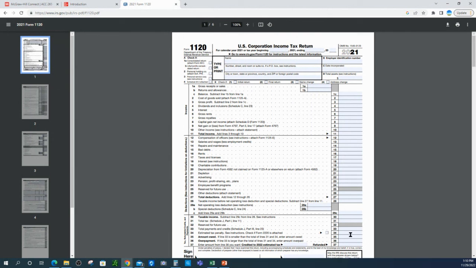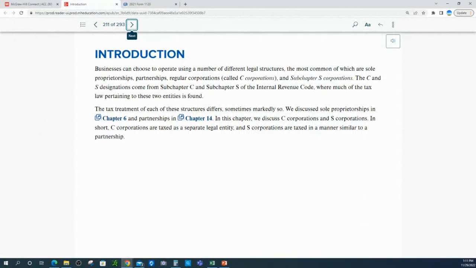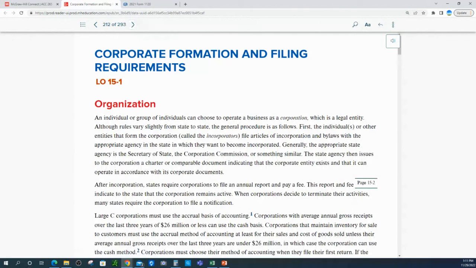Nothing special about that, but there are some different tax rules that we are going to cover. There are some special deductions that are only for C corporations, and there are also certain benefits that individuals get that you don't get with a C corporation. So there are some differences there, but this is essentially what that 1120 looks like. All right, I'm going to